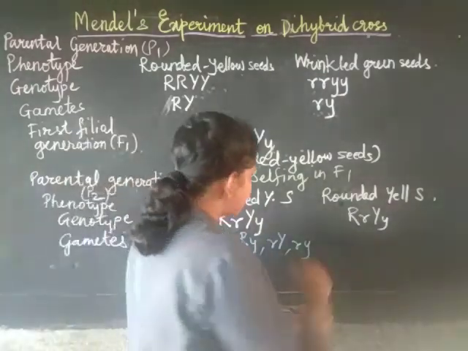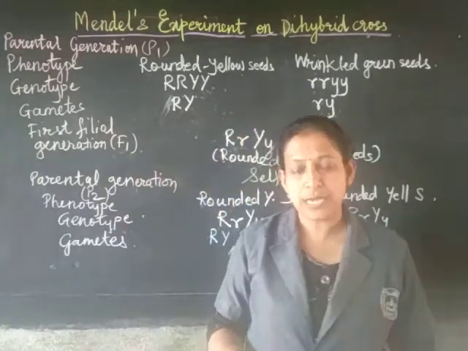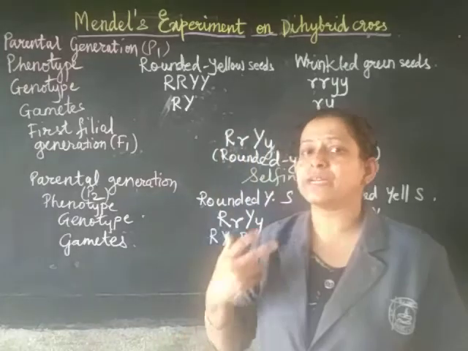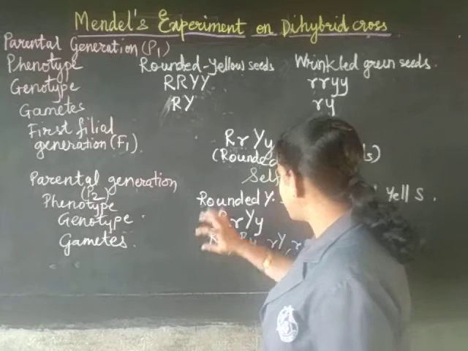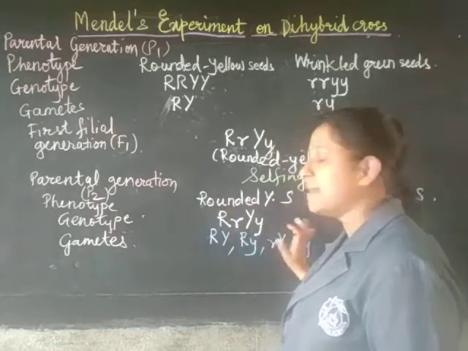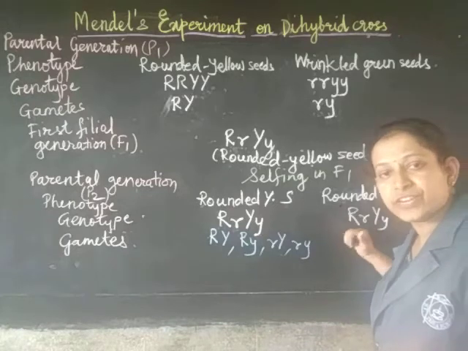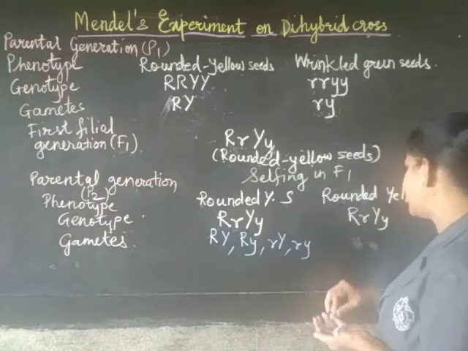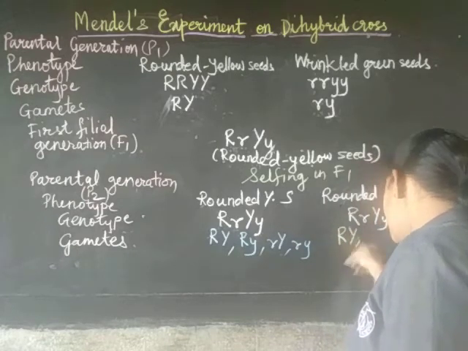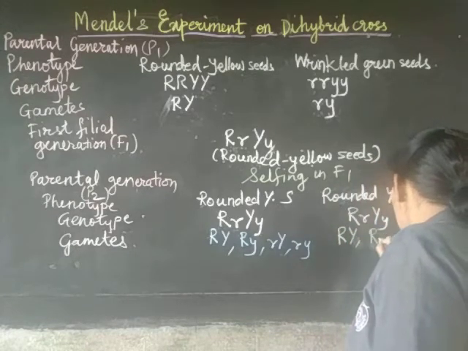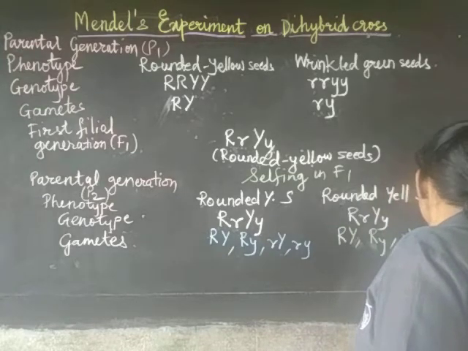And of course the second parent now. Parent cannot be single. In sexual reproduction, parents have to be 2. One will be male and another will be female. Correct? So let's consider this is male, then this will be female. Again here also, 4 different types of gametes will be formed. That is capital R, capital Y, capital R, small y, small r, capital Y, and small r,